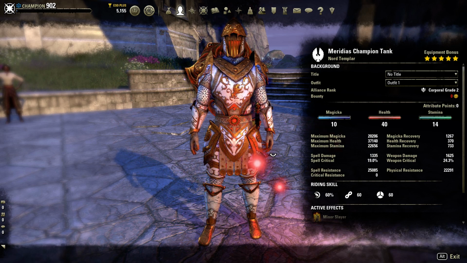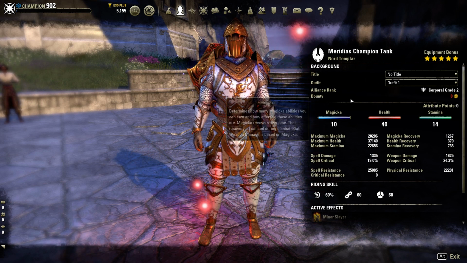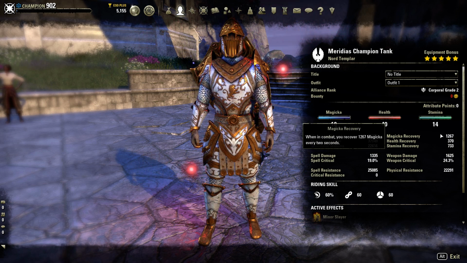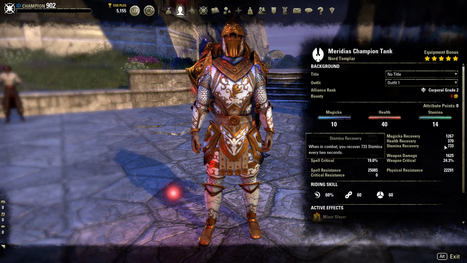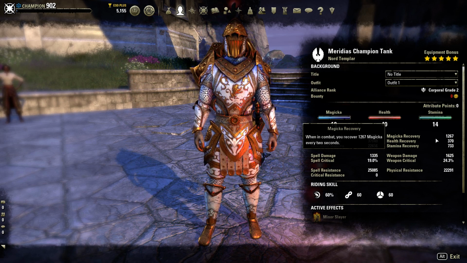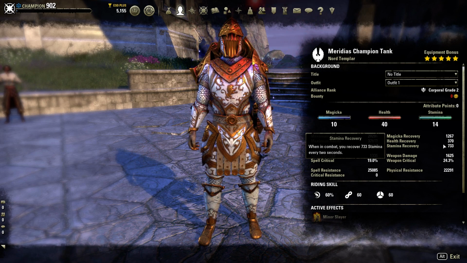20k max Magicka, 37k health, 22k max stamina, and as you can see our spread is 10 into Magicka, 40 into health, 14 into stamina, and that's how we get that good spread of stats there. We do have a 1267 magic recovery with a 733 stam recovery. We don't really worry too much about stam. It's more Magicka on this build,